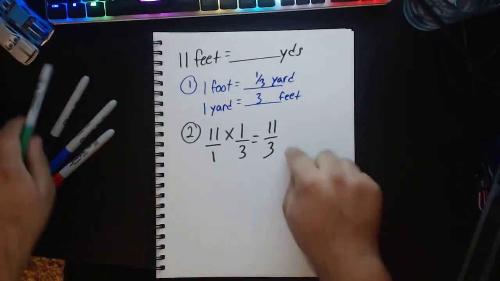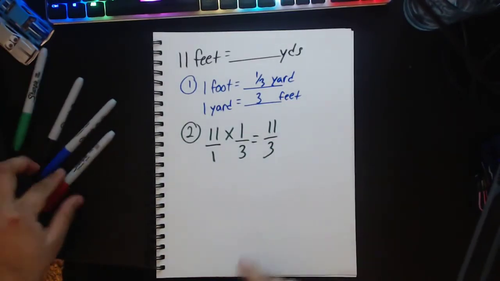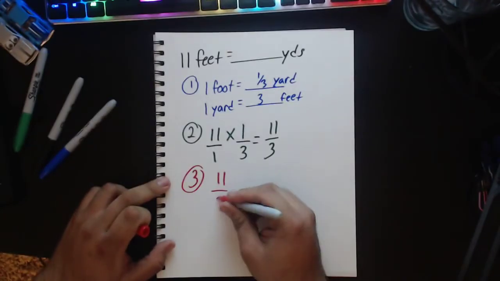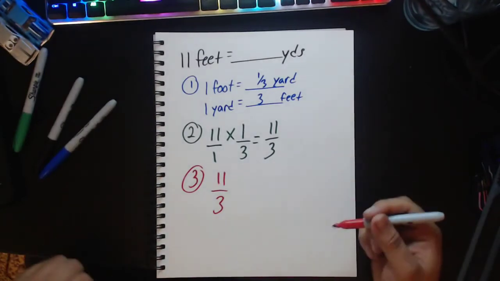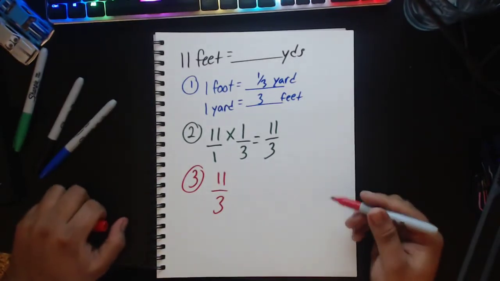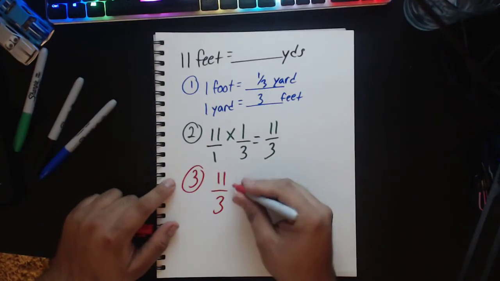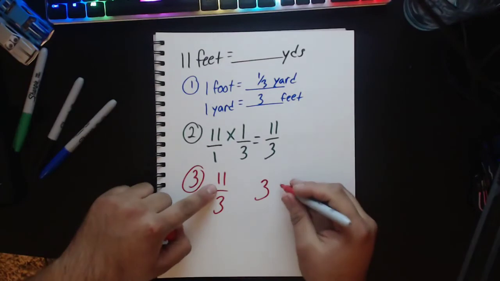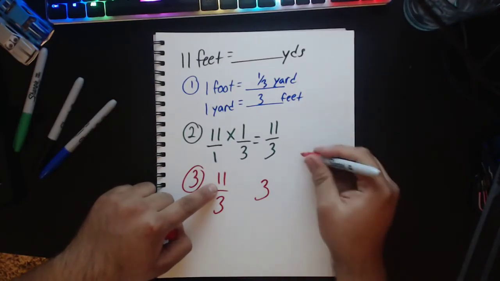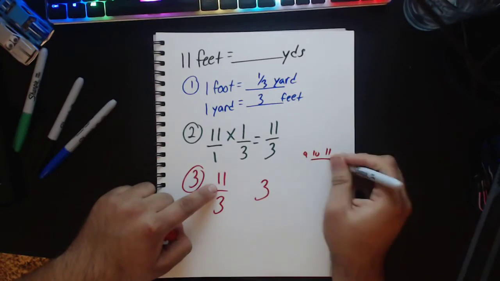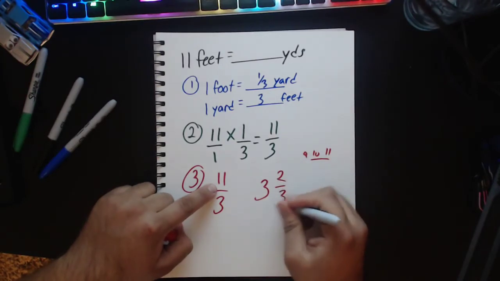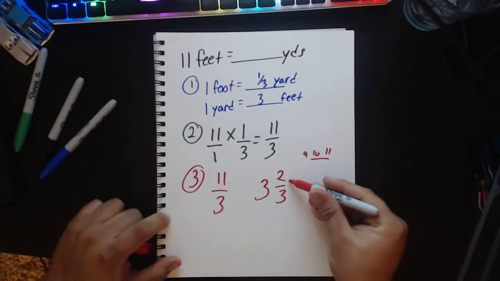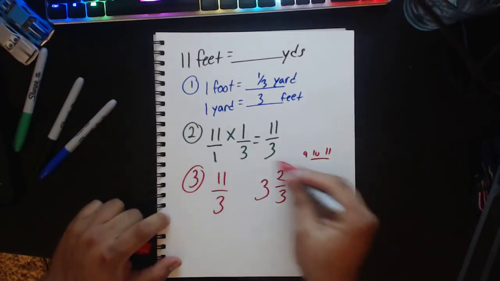Now let's go ahead and turn this number into a mixed number, and that'll be our third step. So we have 11 over 3. How many times does 3 go into 11? Well, I know 3 goes into 9 3 times, right? So 3, and then from 9, I have 9, 10, 11. I have 2 left, so I'm going to have 2 thirds. And how do we know that we did that right? Well, 3 times 3 is 9, plus 2 is 11, which will give me back to that. So our answer is 3